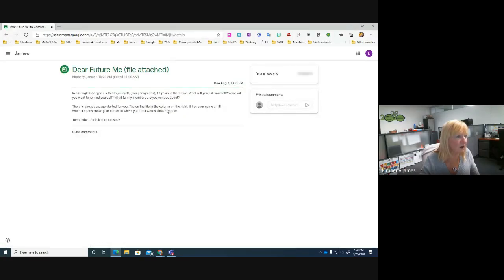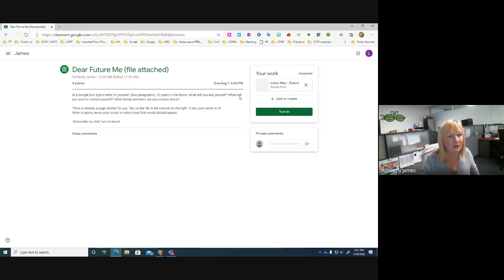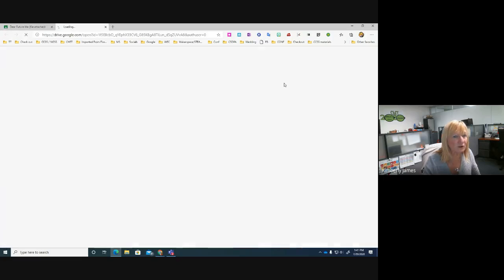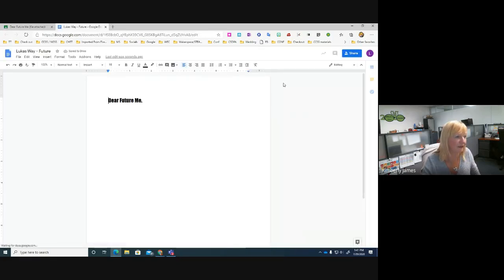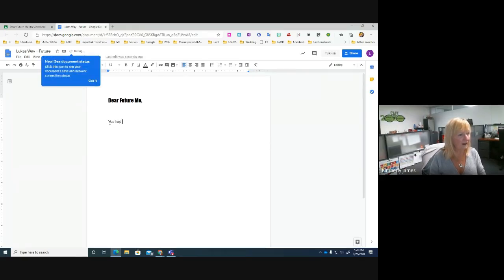Tap on the file in the column to the right. Here's the column to the right. Here is the assignment with the name attached to it. It says when it opens, tap on it. When it opens, move your cursor to where your first word should appear. Because right now my cursor is right here. My youngest students will probably start typing right there. But if I want to start typing down here, I click my cursor down there and say, you had such